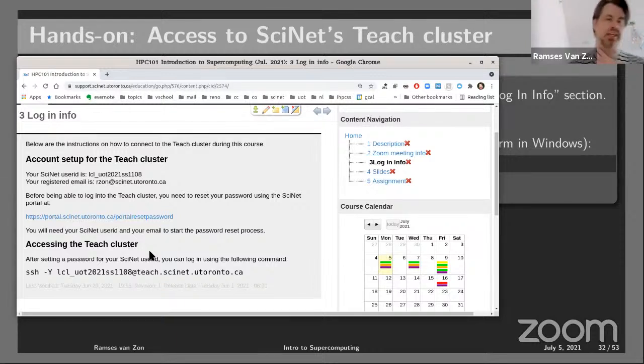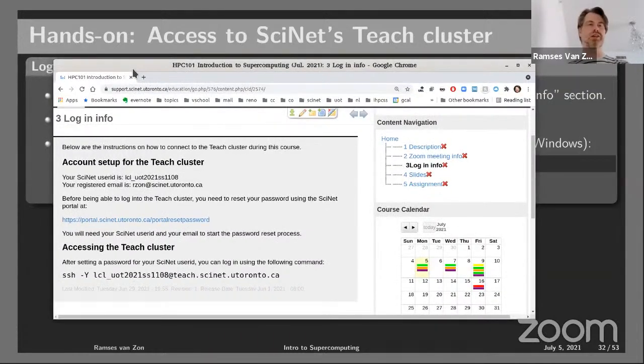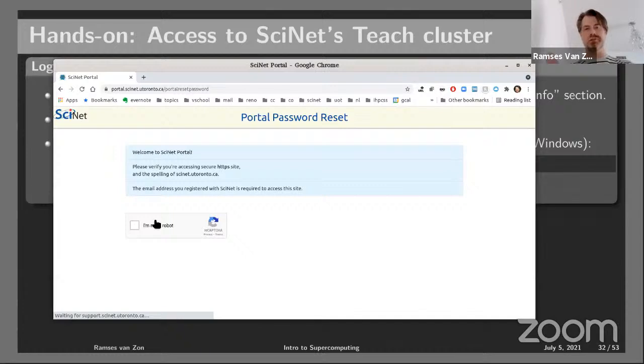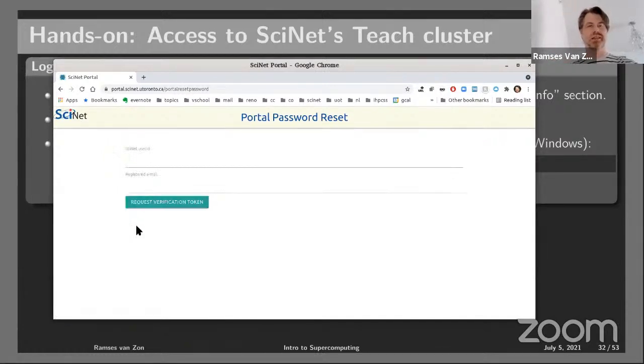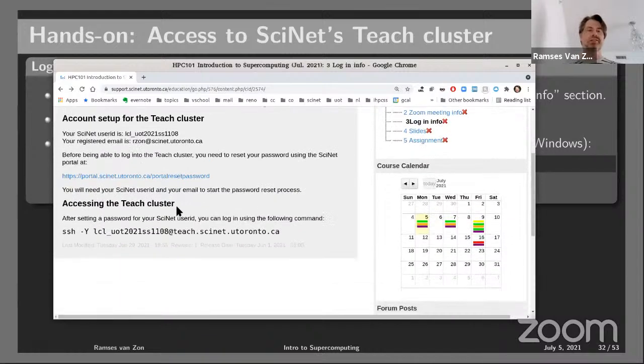Let's see what kind of time we have. Yeah, so we're almost done with time. So we're going to try this, and then I think I'll postpone the rest to Wednesday, and then we can look at that. But this is a good thing to get going to make sure you can get your password. So if I click on it, it'll go to something that looks like this. And here's my user ID and an email that I have to enter. I won't do it now, and then once you have that, you can SSH.